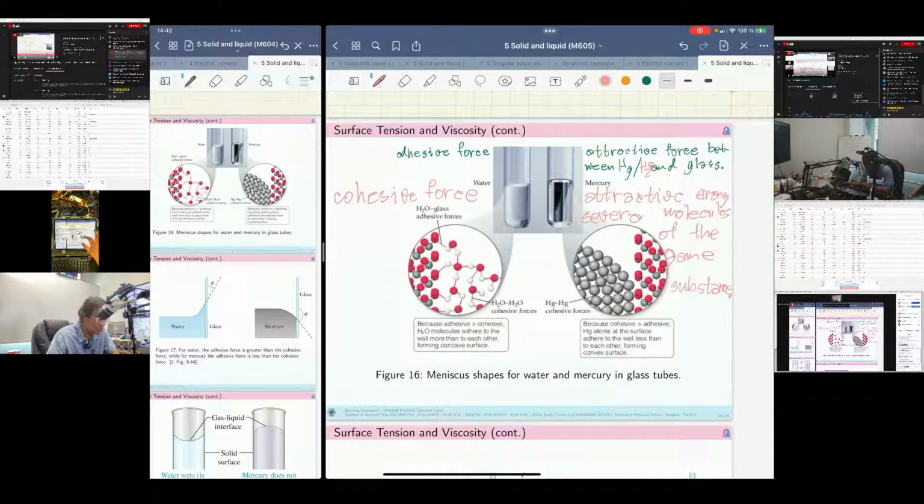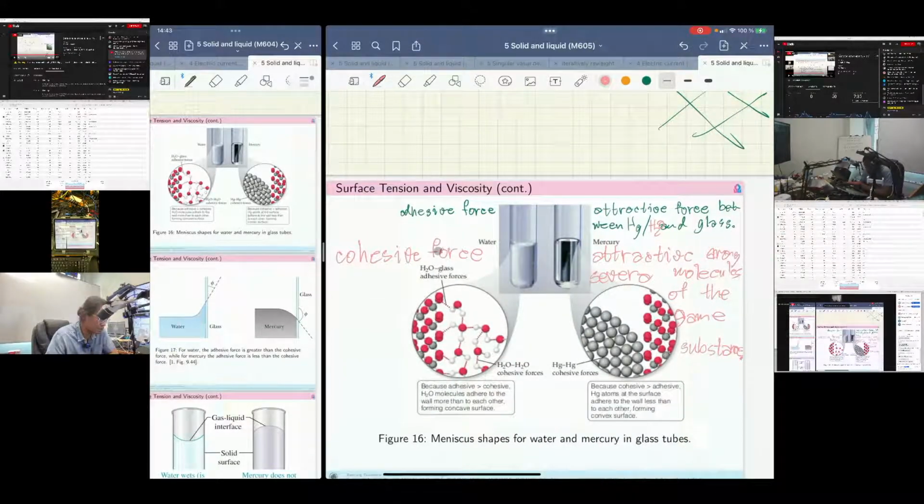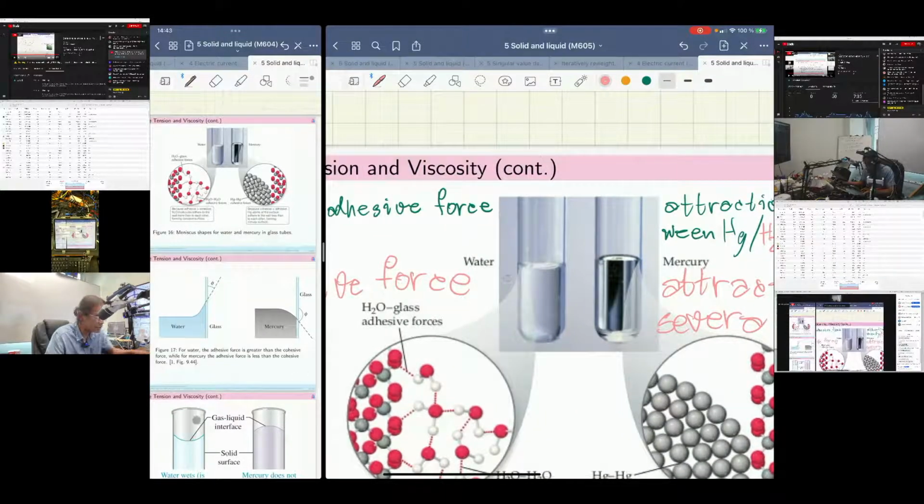Yeah, you can see that there are two types of force, right? The first one is adhesive and the second one is cohesive. Why do we have this shape for the water inside this capillary? Well,